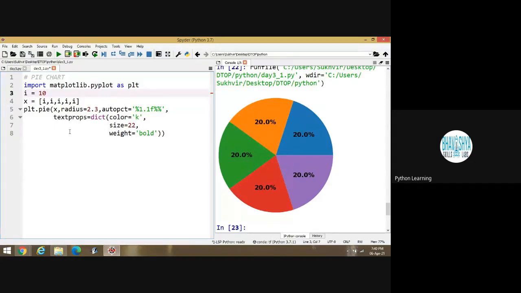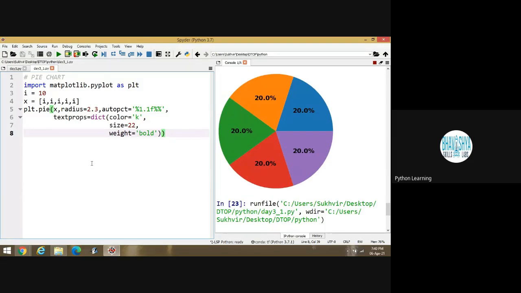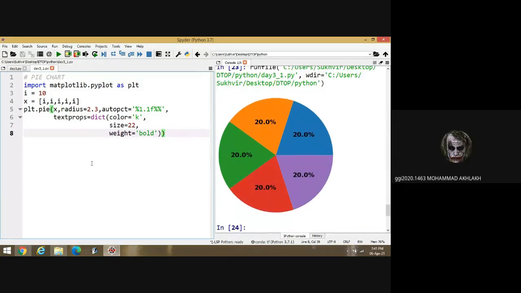Is there any difference? No difference is there. Similarly, I can apply a loop. If I have to design multiple values, then I can apply a loop.